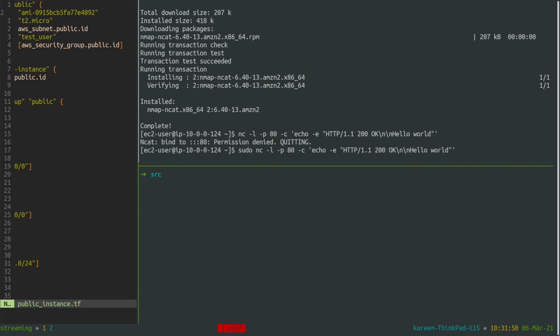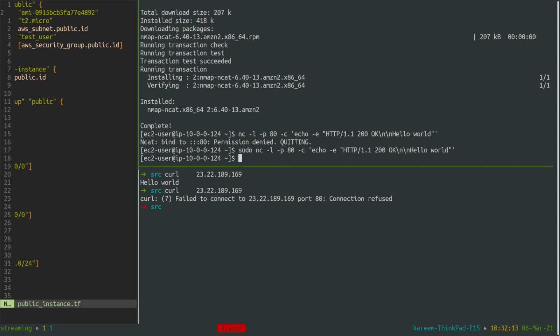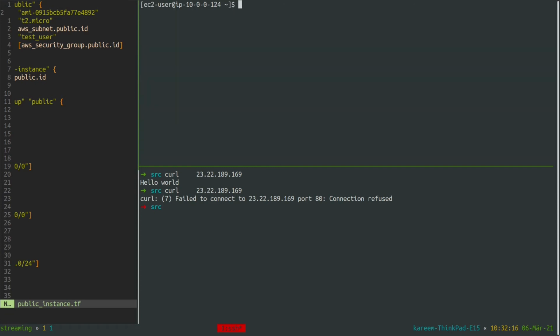Now I'm gonna open another window and I'm going to try to connect to this public EC2 instance. So you can see I'm getting this correct response, which is this one. But after I made the request, the server has closed. So if I try to run again, I will get connection refused. So instead I need to run this in a while loop. So I'm gonna open Vim here, and I'm gonna just run this listen command in a while true.